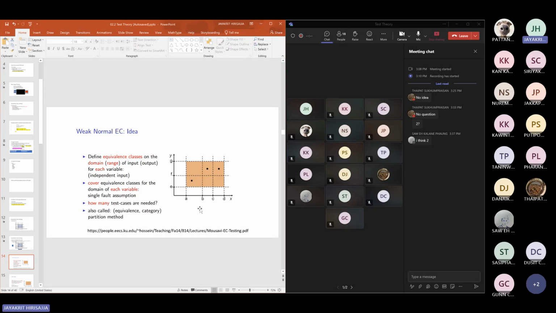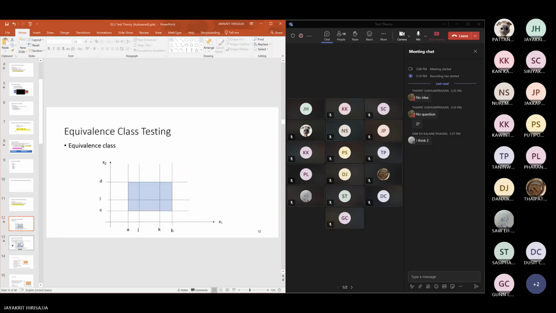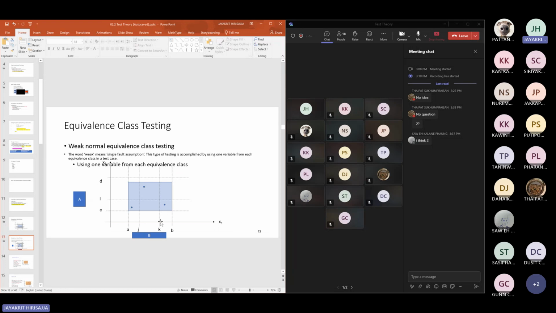So how many test cases are needed? We need just 3 inputs and it works. It's okay, but that is not proper because we have to test if we input this and this. Just the idea: if you have the range of A from 1 to 200, B from 1 to 200, and you need to define equivalent classes of A and B, what should we have? We should have any number from 1 to 200 in this box of B, and any number from